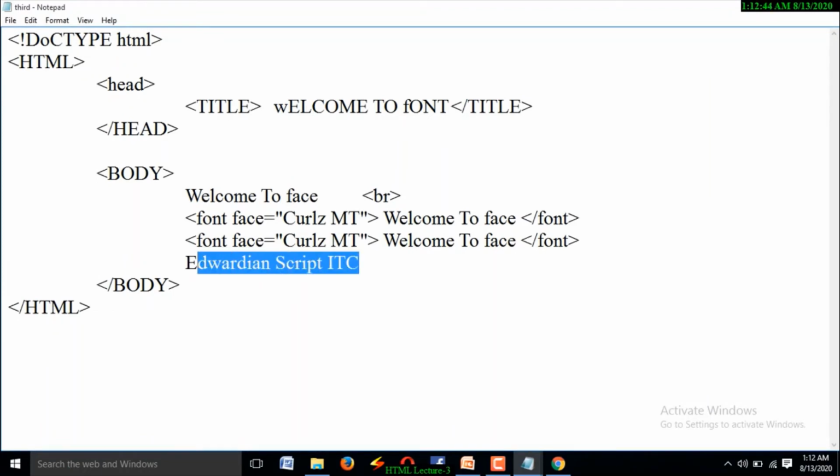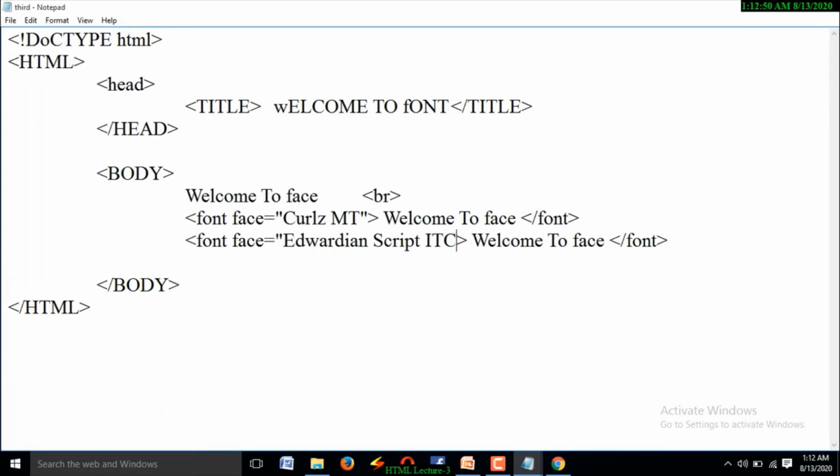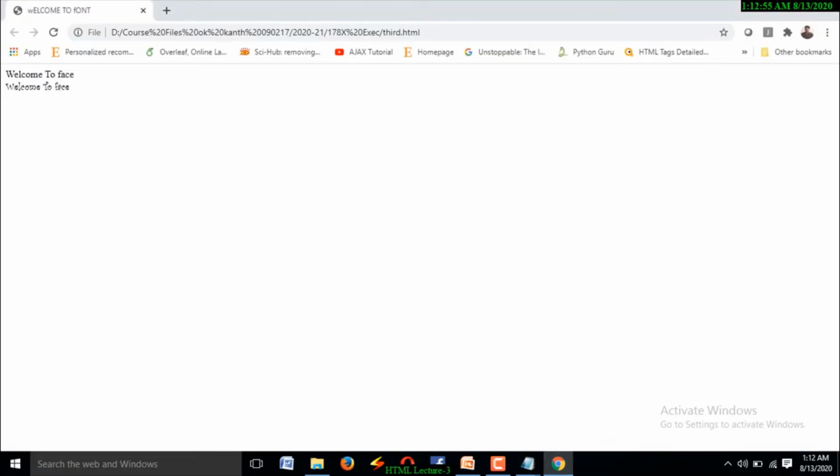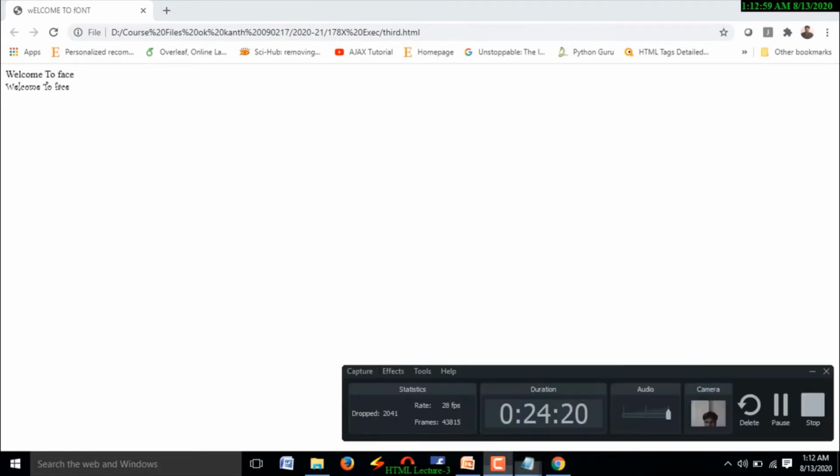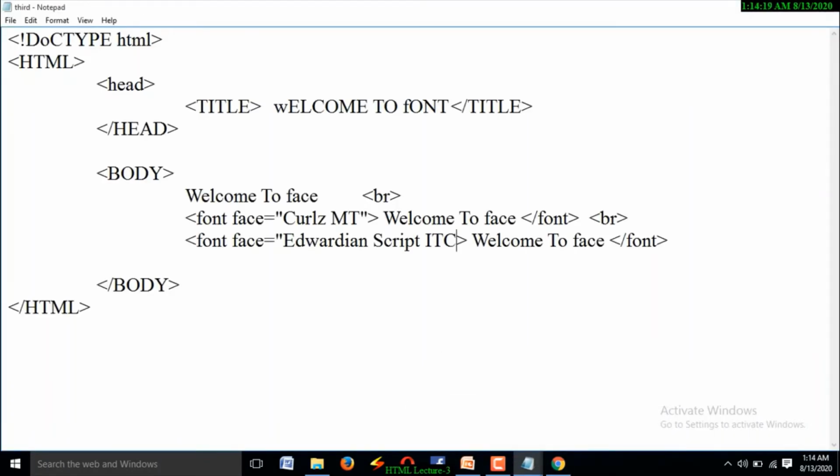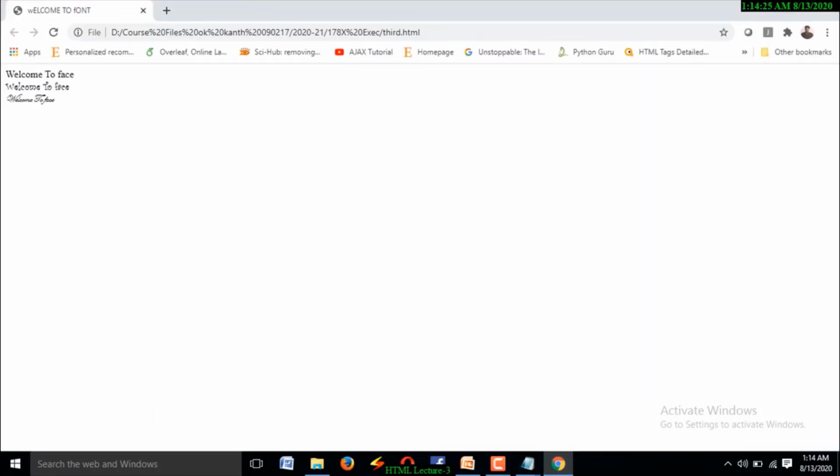Right. Instead of Courier, I am going to use another font face. Right. Execute it. Sorry. Yes. See this? Save this file and refresh it. Here we are going to see the third one also.